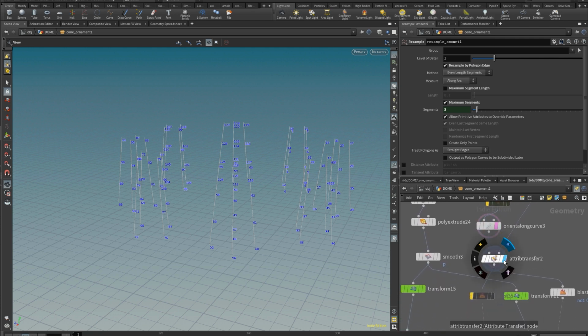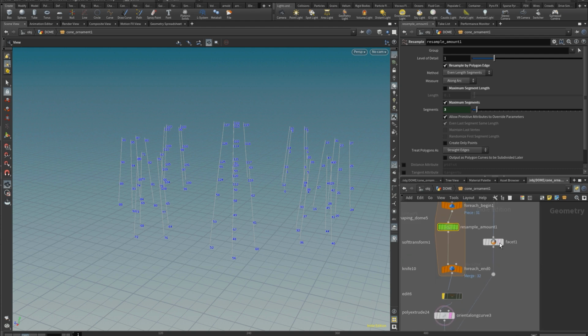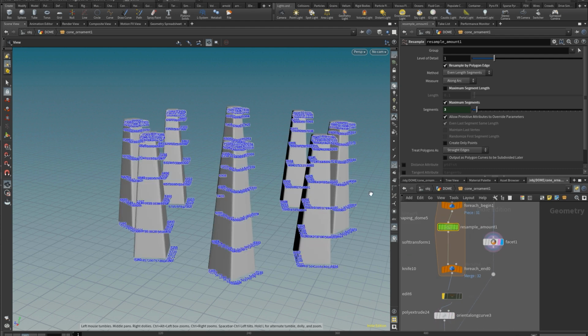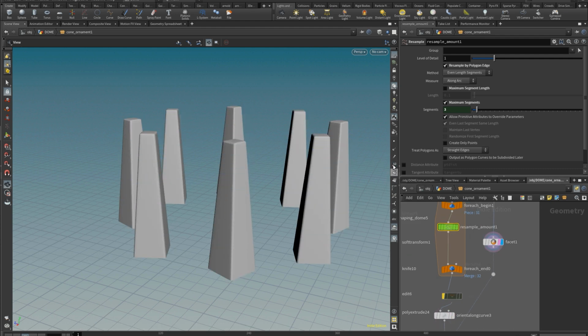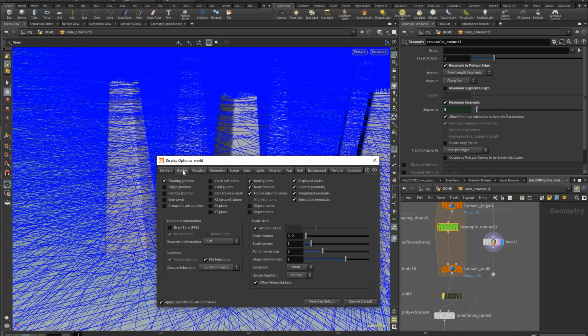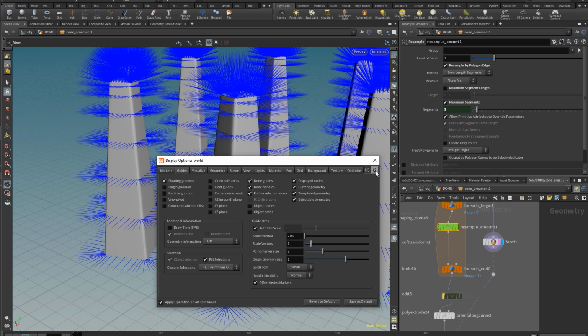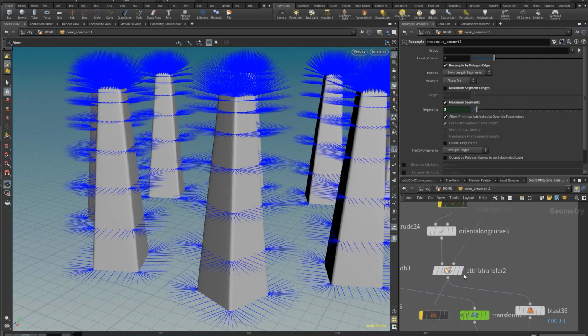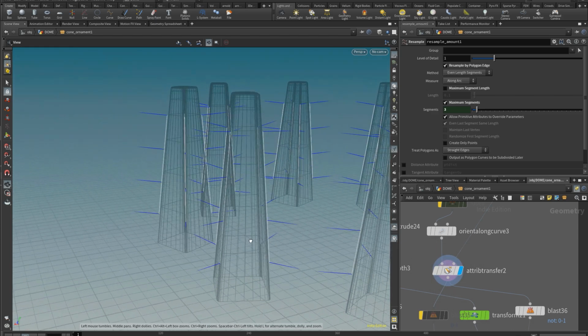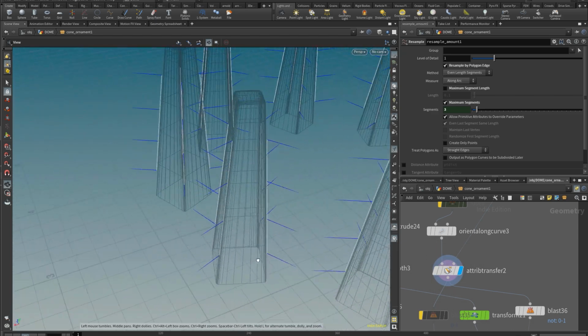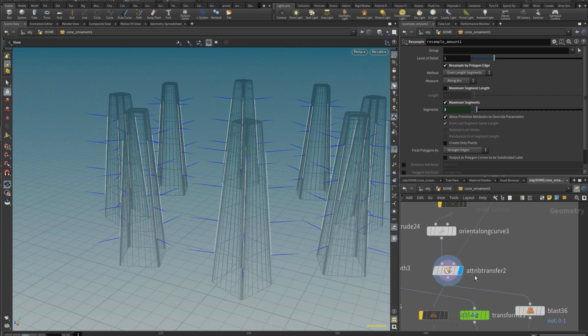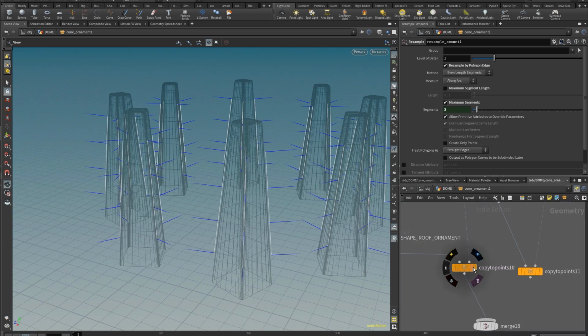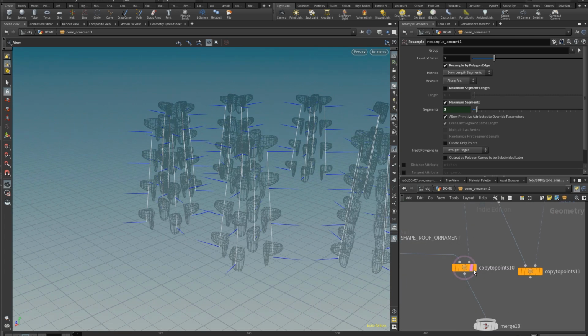I'm not sure why it's there, but the normal in this case is transferred from this specific geometry here. Let's decrease the normal size to see a bit better. So I'm taking these normals and transferring those to the curve so that all the detail elements will point toward this direction. So as soon as I do the copy to point, everything should be in the proper direction.